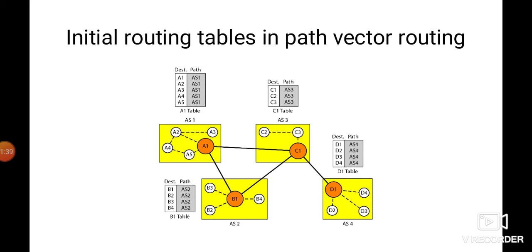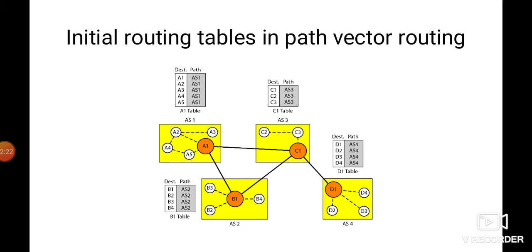In path vector routing, we assume that there is one node in each autonomous system that acts on behalf of the entire autonomous system. So for each autonomous system, we have a speaker node. That particular node is known as the speaker node, which is responsible for transferring the information within an autonomous system. The speaker node creates a routing table, and then it advertises it to the speaker nodes of the neighboring autonomous systems.